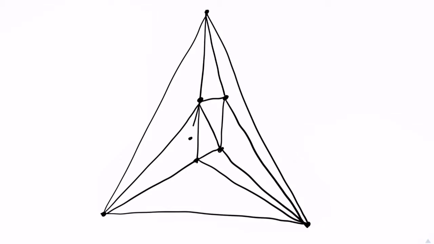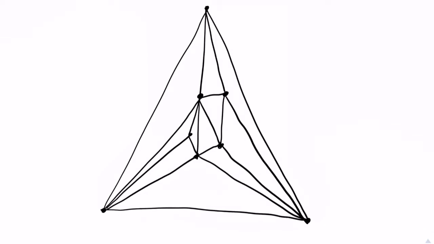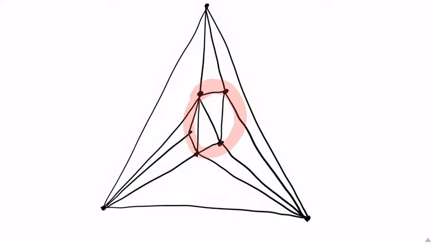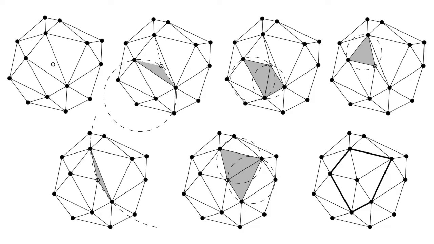So if we do it for another point, if we inserted the point here, for example, then we would split this triangle into 3 triangles. But we can see here that the circumcircle around that triangle would contain other points. So the idea here would be to simply again delete, for example, that edge and then insert another edge that is more Delaunay. You can see here the steps that are required for the insertion of a single point and